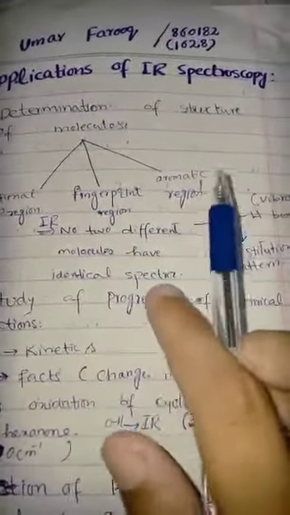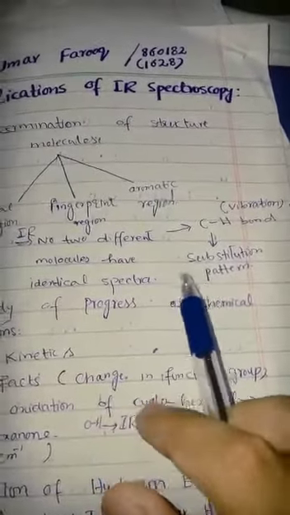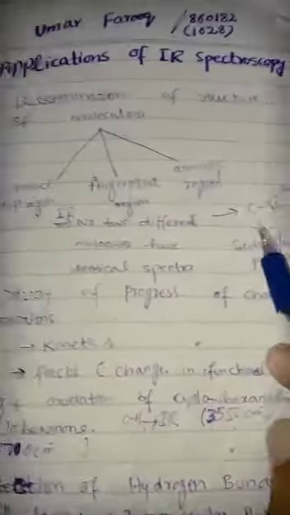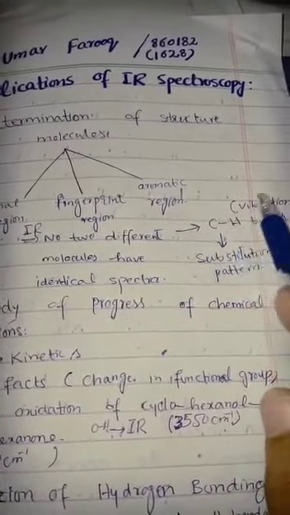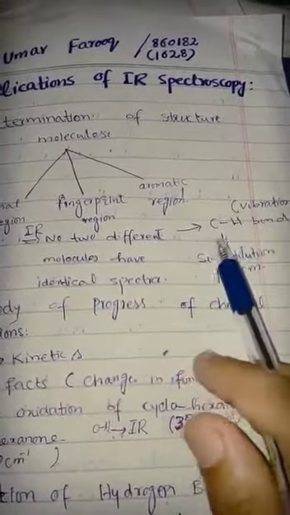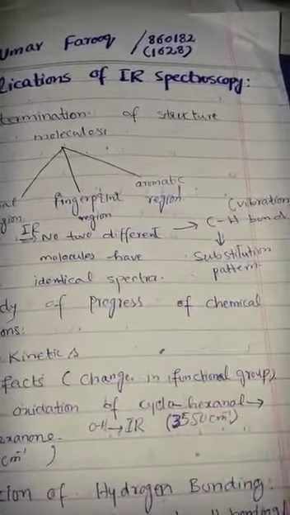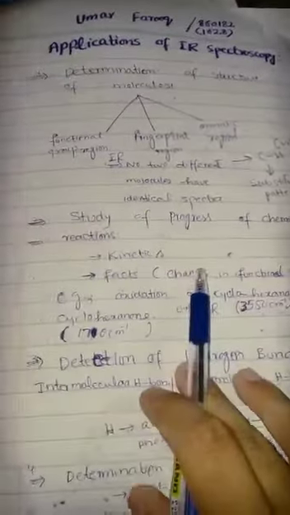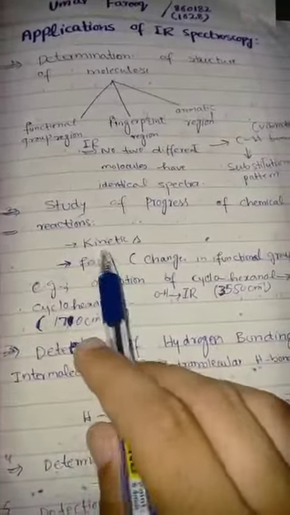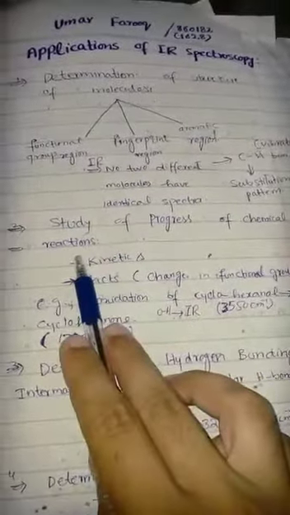Also the third one is the aromatic region. In the aromatic region we can determine the carbon and hydrogen stretches, and by the vibration of carbon and hydrogen stretches we can find the substitution pattern in aromatic compounds. So number two, the application is study of progress of chemical reaction,